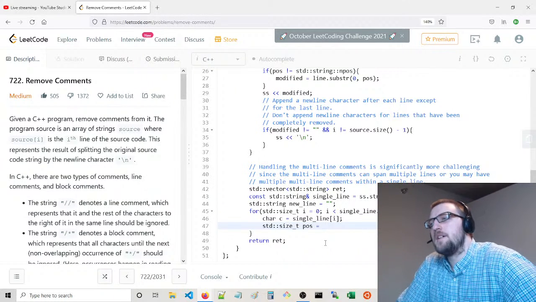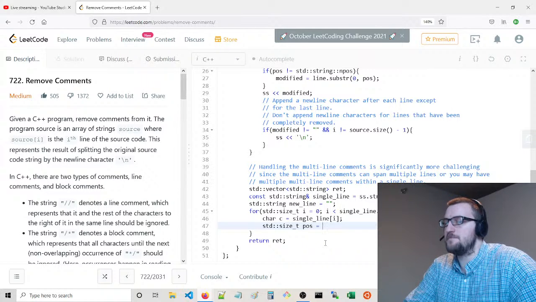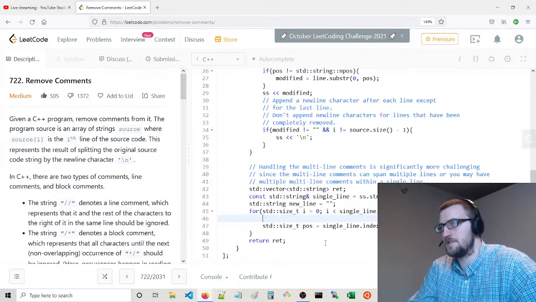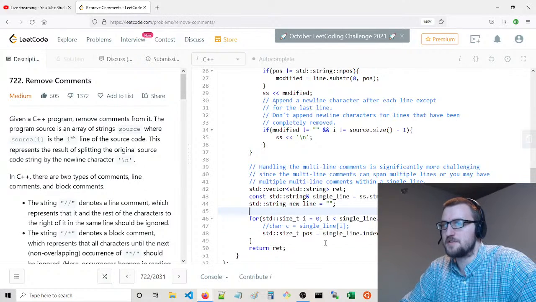So we're going to do a substring search from, we're going to find index of single line, index of, we're going to start from i, and we're going to go to, maybe we don't even need to do this just yet. i to, and we're going to look for this, and we're going to use state to do this.